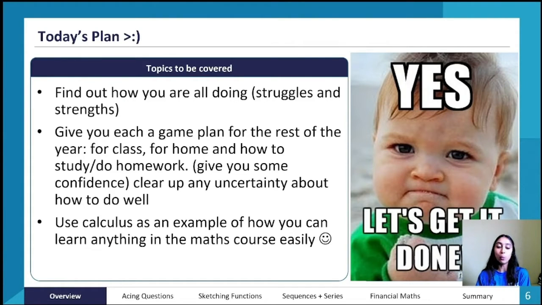Okay, so let's get started with what we're going to be doing today. We're going to start out with just a nice little poll down the bottom, seeing how you guys are going. Then a little bit on some Q&A, followed by how you can actually achieve the marks that you want and how you can go about questions to maximize marks as well. And then we're going to be going through a few things, including graphing and financial mathematics. I am completely gone in the brain today, sorry.